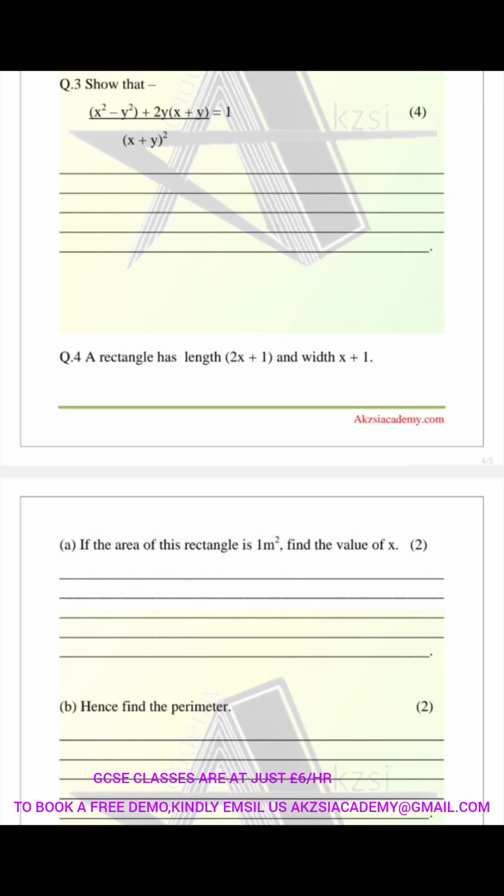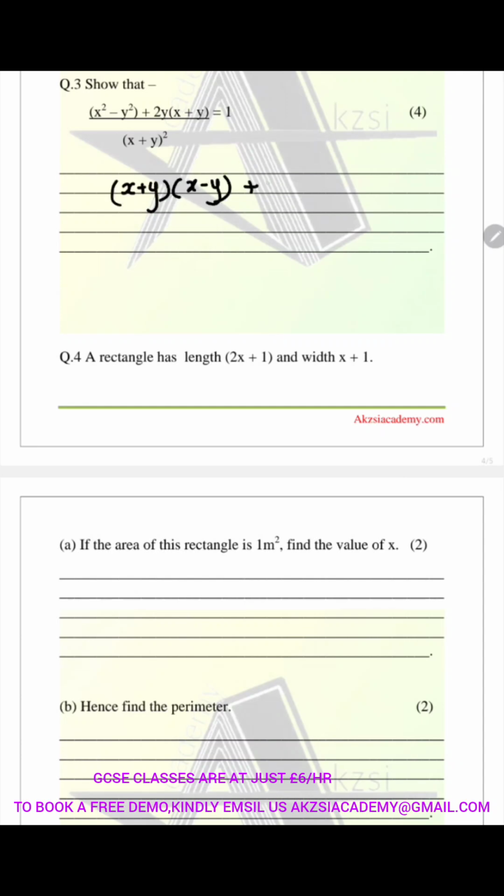Well, x squared minus y squared can be easily simplified. There are two ways: first, by expanding and then simplifying, or just factorize at the beginning. So I'm opting for the second one. I'm factorizing at the beginning. So x squared minus y squared, so far we have done, and now we know that it's nothing but x plus y times x minus y